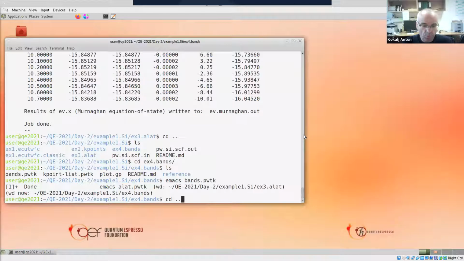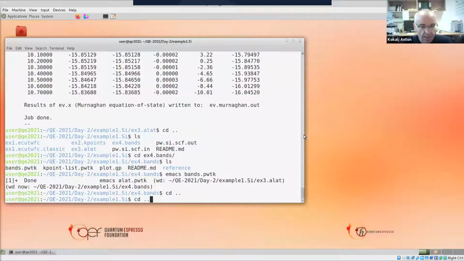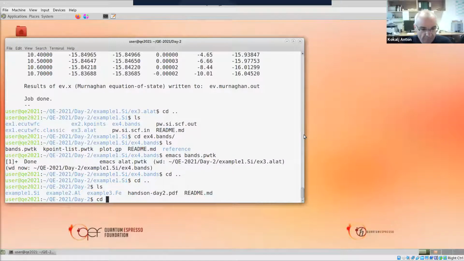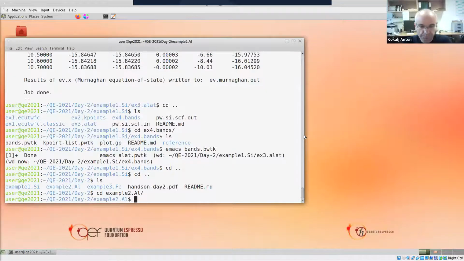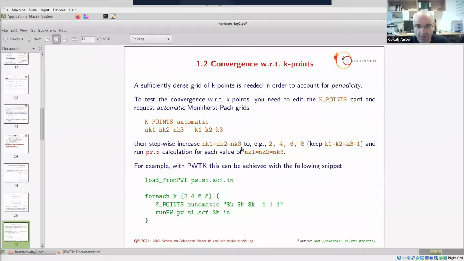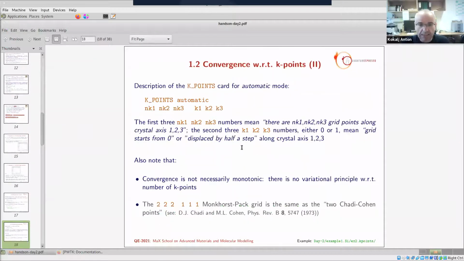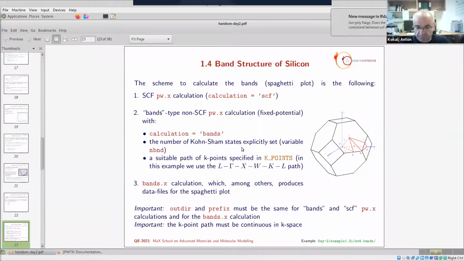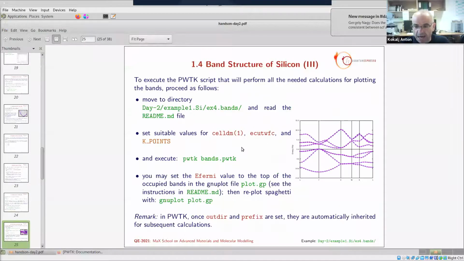Okay. So with doing this, I think it's time we go to the second example, which is aluminum. Now let me just check the slides whether I did not forget something. So here you have all these explanations, also the plots, and maybe here I have this